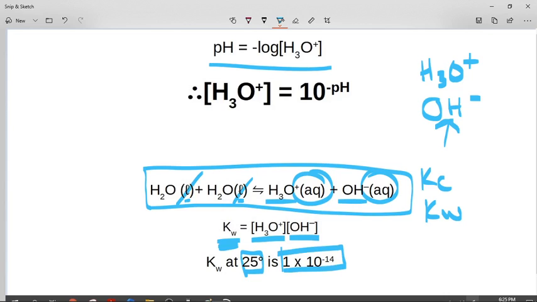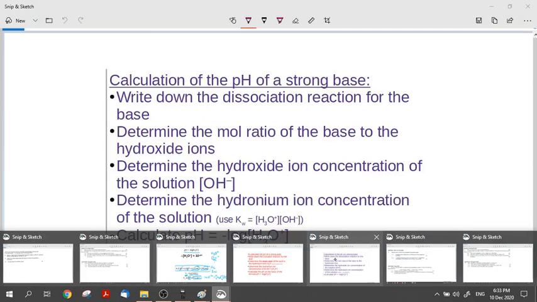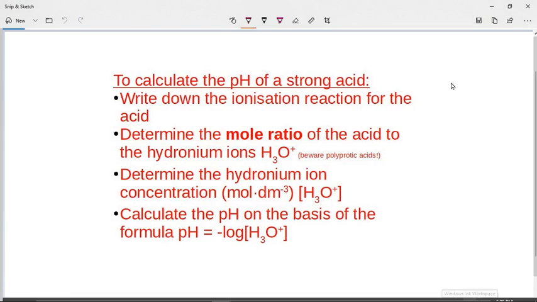And so if you then use this equation, 1 times 10 to the -14 equals the H3O plus multiplied by the OH minus, you can substitute any value in there and get your final answer. So I'm going to show you how to do that now. So let's have a look though first. If you want to calculate the pH of a strong acid and you want to know the steps, you can freeze or pause your screen over here, and you can write down these